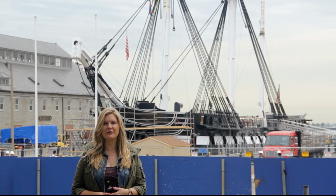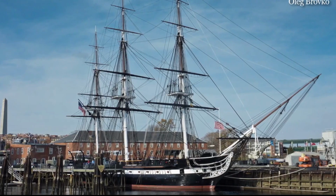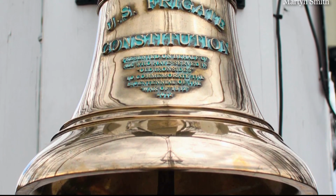Today I'm in Charlestown in front of the USS Constitution, the oldest commissioned warship in American history. The USS Constitution was first launched in 1797 and famously earned the nickname of Old Ironsides during the War of